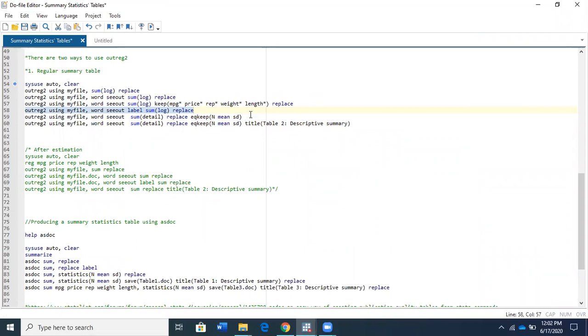So now you want to keep only observation, mean, and standard deviation. So you can use outreg2 using myfile, comma, word cout sum detail and replace, and then eqkeep. That means you want to see only the statistics for observation, mean, and standard deviation. So if you run,